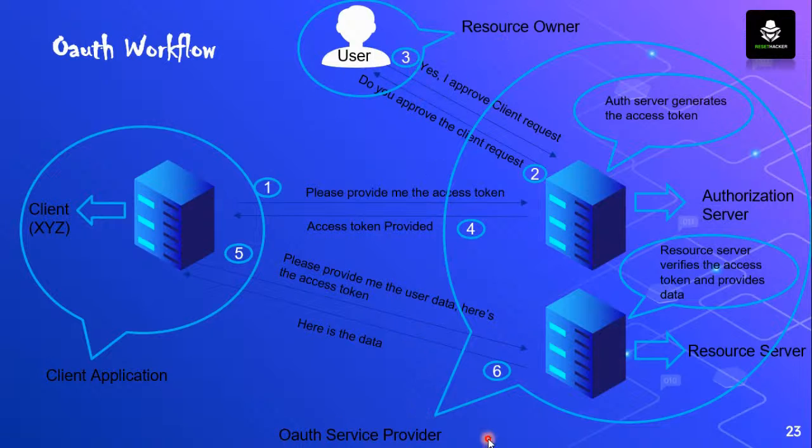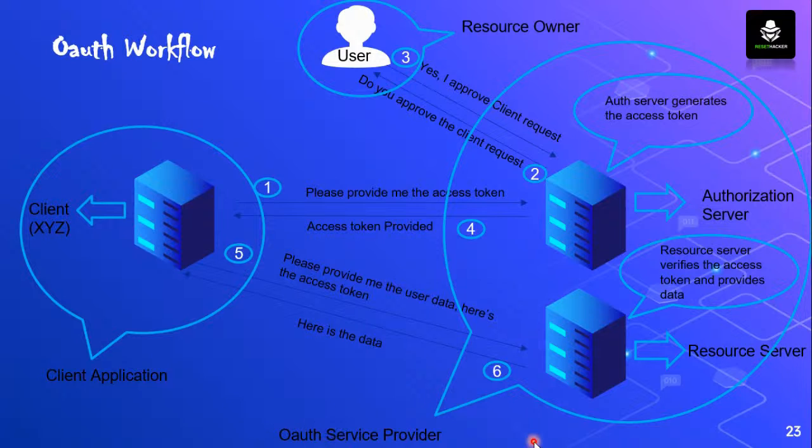This was about the OAuth service provider, and the last one is the resource owner. The resource owner is the user whose data the client wants. That user is the resource owner. So the data which the OAuth service provider will transfer to the client application will be of the resource owner. So we'll see how it works. So first the client will request